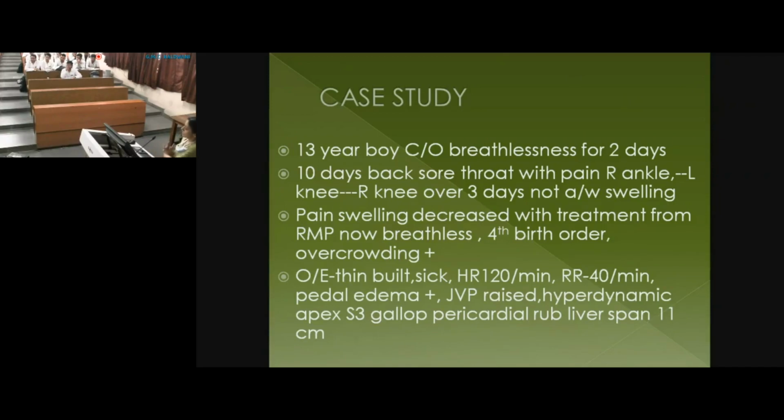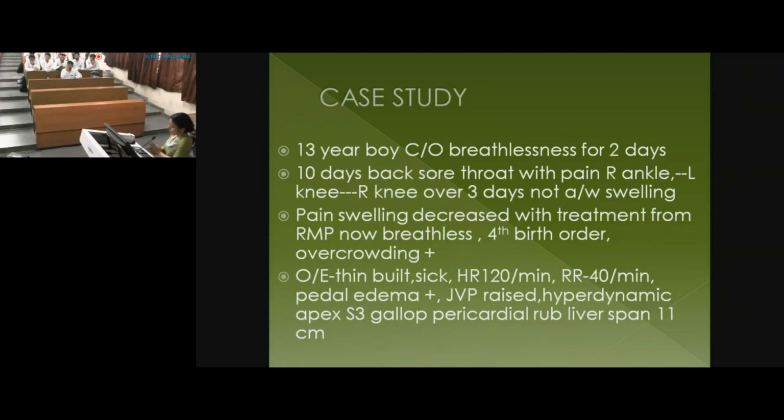Now, if you remember the major criteria, out of these, what do you think the child has? One thing he has is, out of the past history, there is history of sore throat. So that is history of streptococcal infection. The third line, that one of them has to be fulfilled: there has to be history of or some evidence of streptococcal infection. Then the child has got ankle, knee and right knee, but it is pain, not swelling. If there was pain and swelling, it would be arthritis. There is only pain, so it is arthralgia. But we are a high prevalence country, moderate or high risk, so it will be a major criterion. So this is polyarthralgia. This is a major criterion.